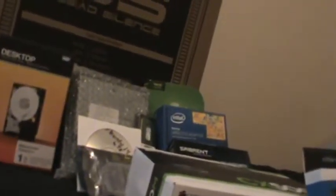It was actually a family member of mine. My aunt let me borrow an upgrade copy of Windows 7. So I'm going to install XP on this, and then upgrade it to 7. So at least I have the latest operating system with new updates and stuff, and I can use it with